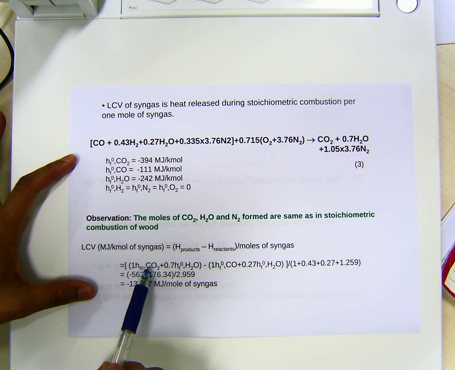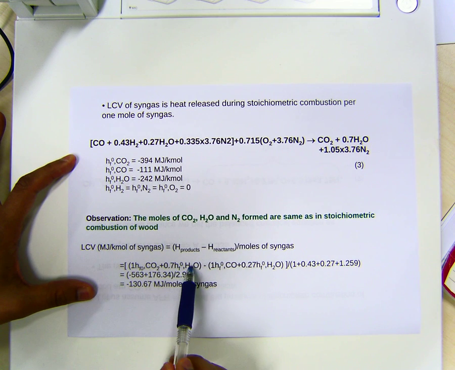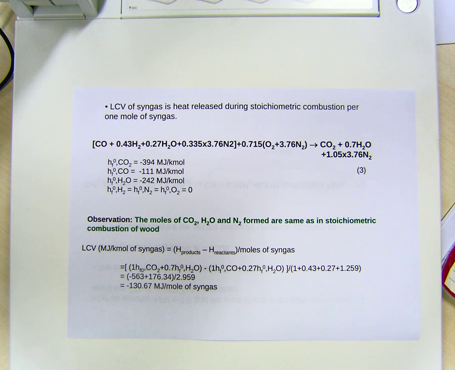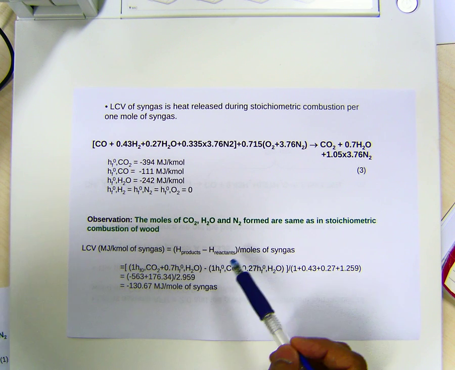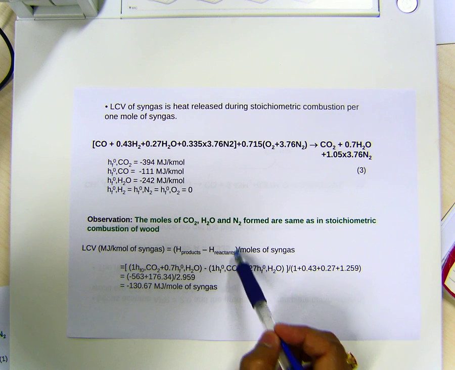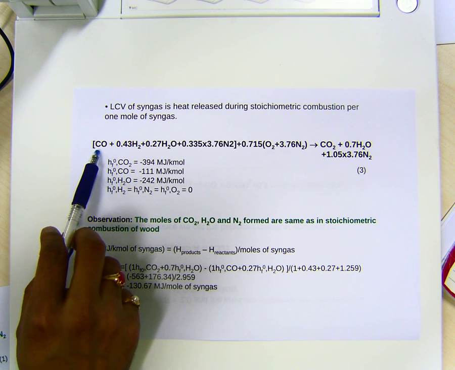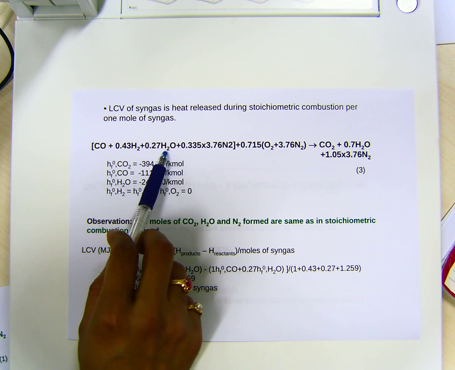For example, for CO2, the number of moles on the product side is 1. For H2O, it is 0.7. The important thing is that we need to calculate per mole of syngas. So how many moles of syngas is there here? 1 mole of CO, 0.43 moles of H2, 0.27 moles of